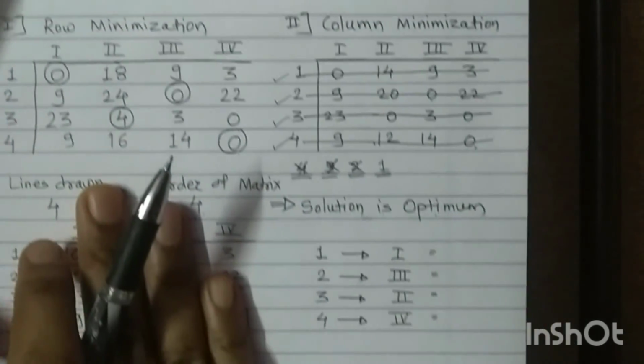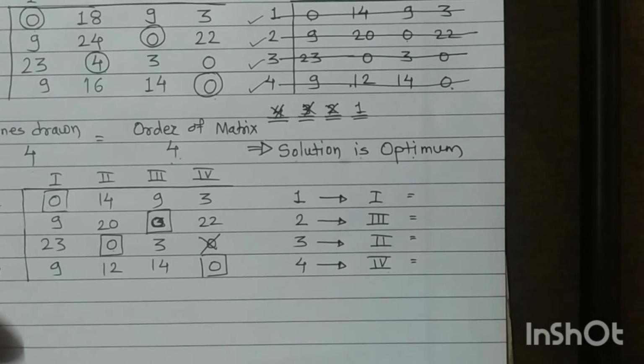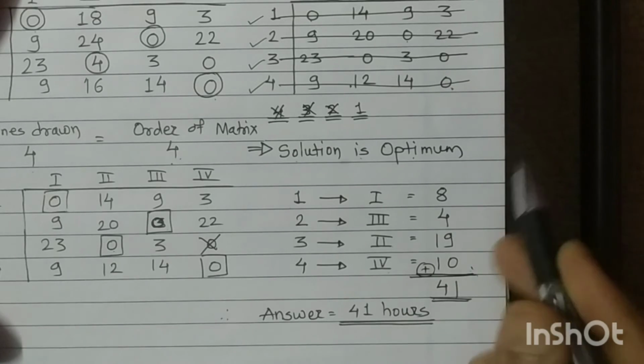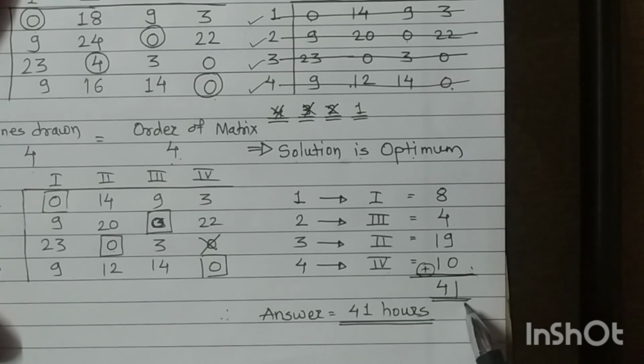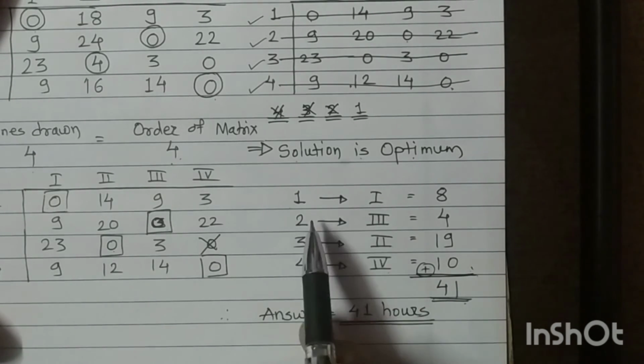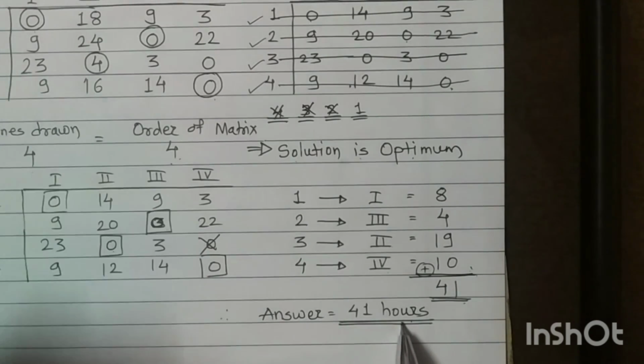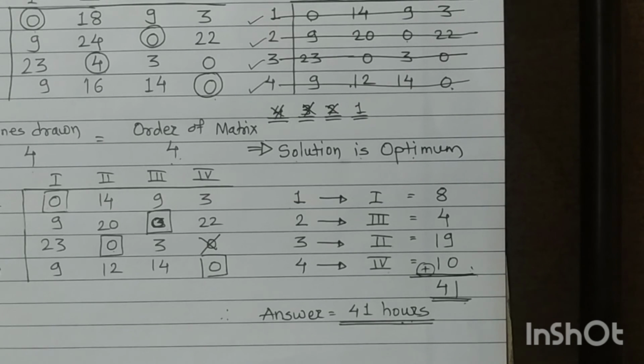So you have to write down the entire thing here and the final answer is as follows. So I am writing down the values as per the given original problem matrix, and I will do a summation. So the summation of this is 41. So the final answer, this is your assignment, and the total time is 41 hours. Don't forget to write the unit, hours. So this is a simple problem. You can easily get 10 marks here.